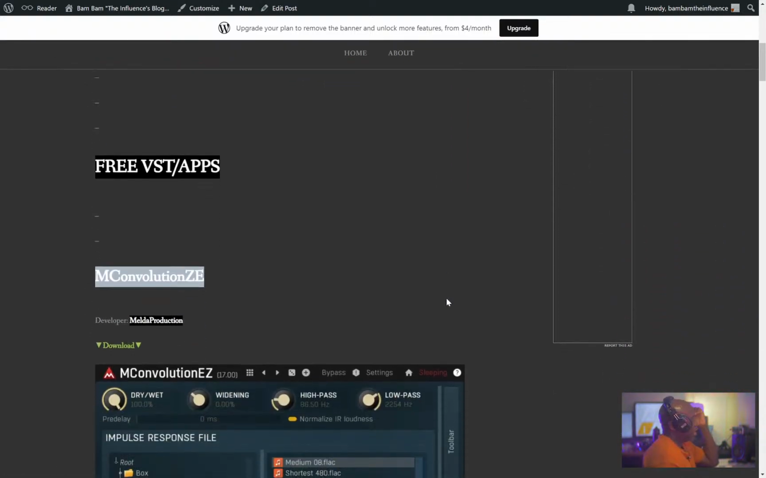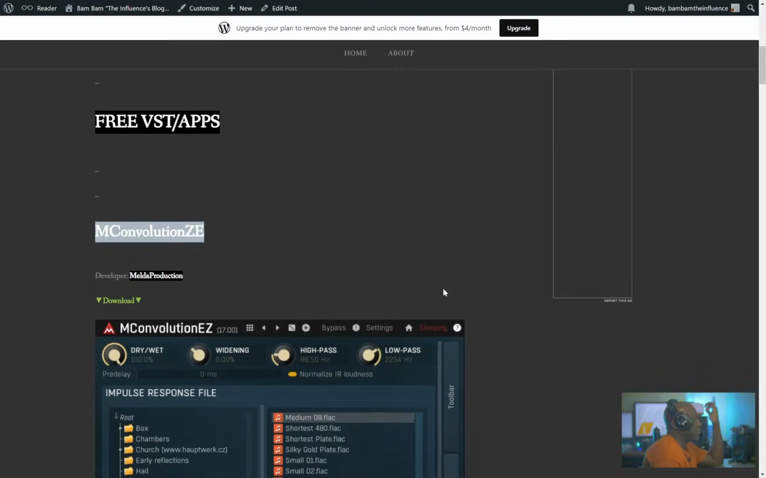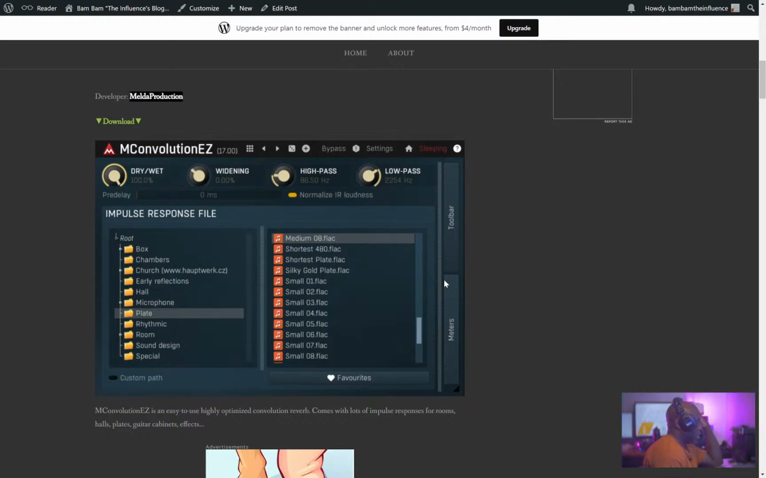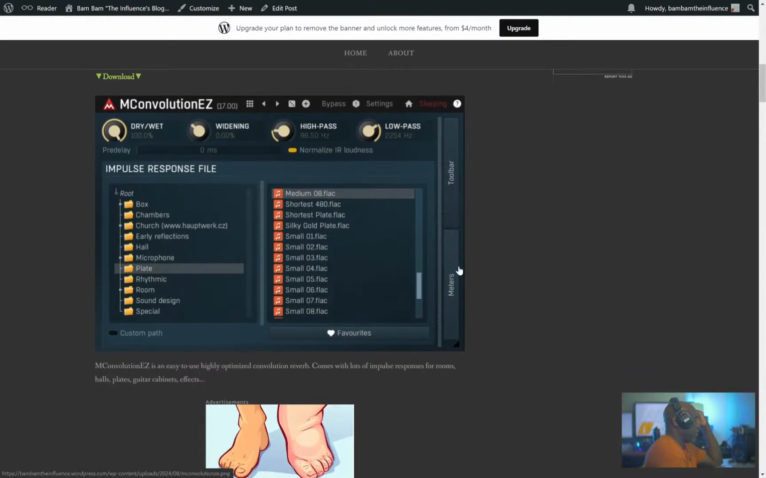So first up, we have M Convolution EZ. Now, well, it's M Convolution Easy, not ZE. Easy. So we talked about a convolution reverb in the last video. And once again, if you don't know what a convolution reverb is, I'm not going to go into the details, but it uses very small audio recordings called IR files or